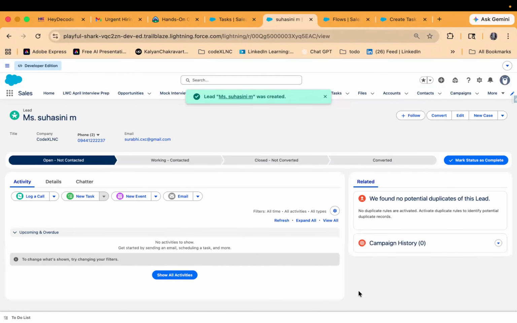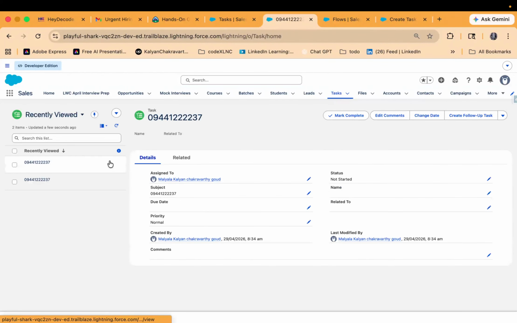Now a lead is created. Now let's see if the task got created or not. Yeah, the task got created now. See, with the mobile number as the subject of the task, it got created, then assigned to the running user. I am the running user who is running this one, so it got assigned to me. So like this,